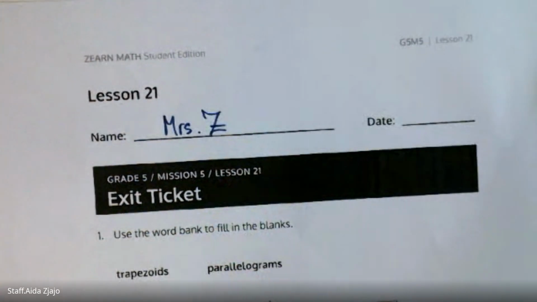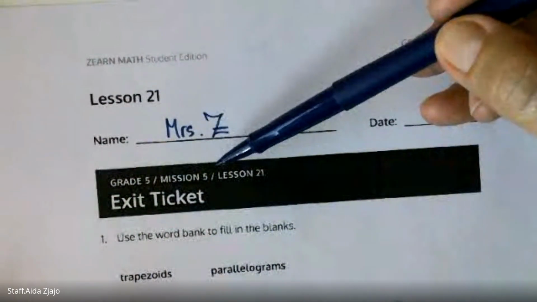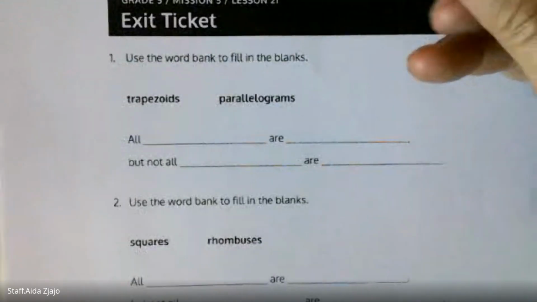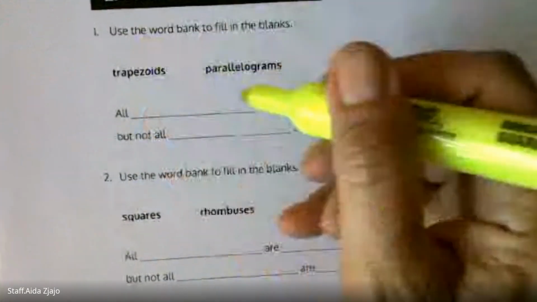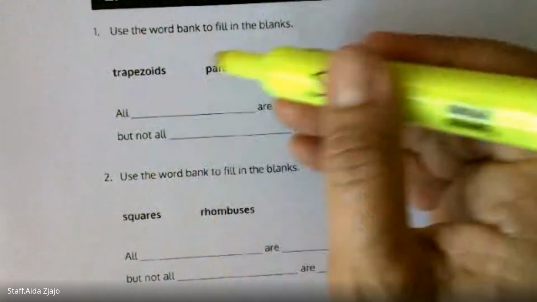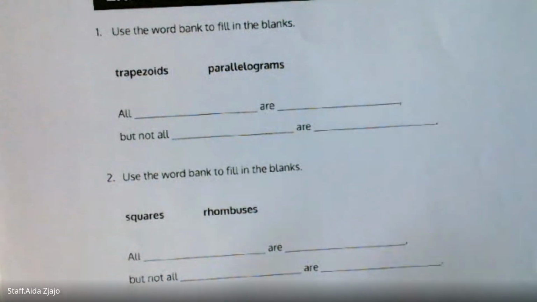It is lesson 21, exit ticket, grade 5, mission 5, lesson 21. Okay, use the word bank to fill in the blanks. We can use trapezoid or parallelogram. So, all trapezoids or parallelograms. So when I look at this